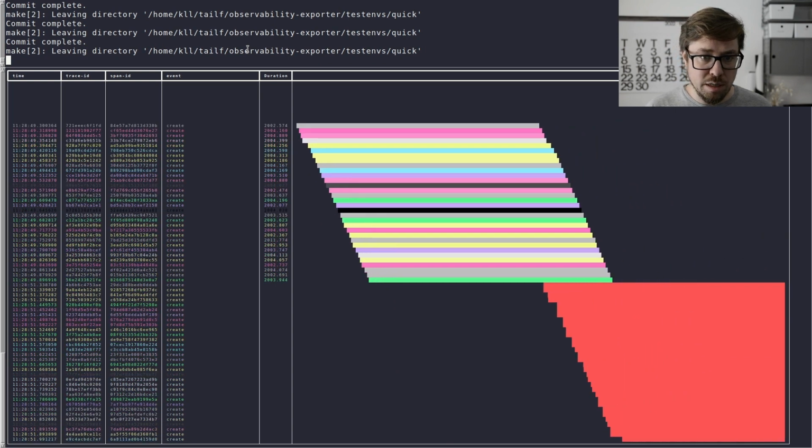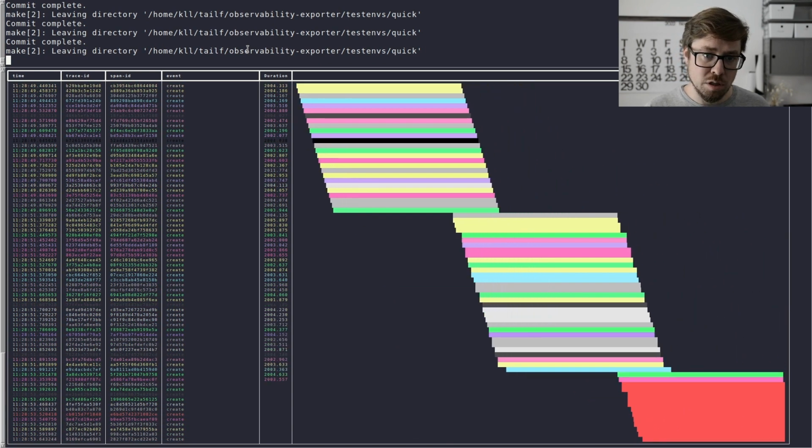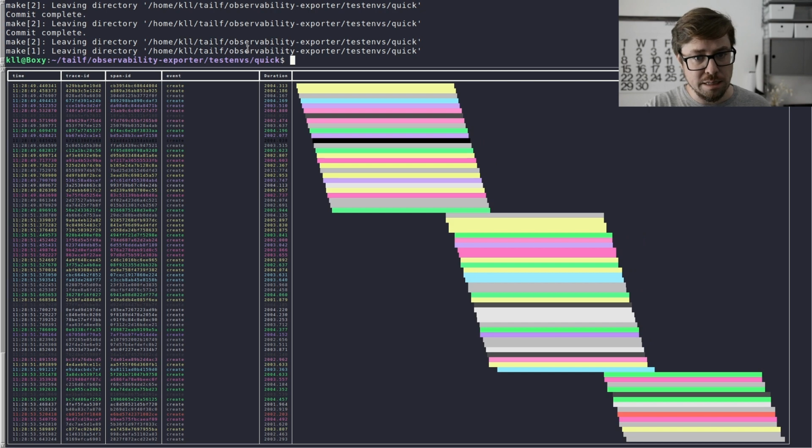So the spans that are red, those are currently ongoing. You can see that they're shifting from red into their real color, that aligns with the text on the left side. That is the color that's assigned to that particular transaction. And here I think we see much more clearly the pattern that we had before, that it grabs a number of services and runs